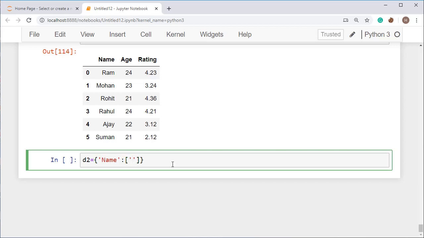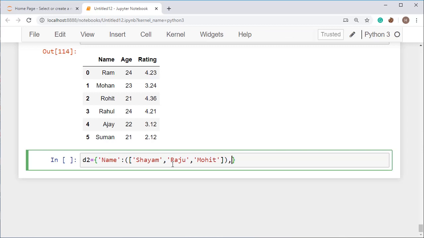See here, Syam, Raju, and let's say Mohit. I have taken the 3 names. Put this in parentheses so that we can understand it easily.